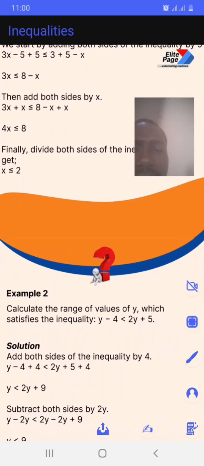Let's consider the next question with respect to this topic. Calculate the values